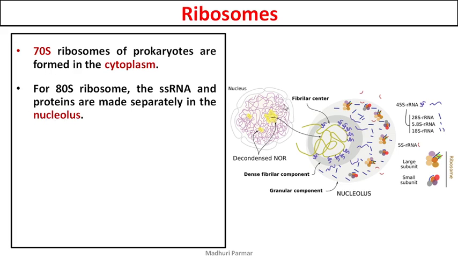There is a place in the nucleus which looks very dense. It looks very much colored. So these portions are called the nucleolus. When you take a closer look at the nucleolus, it looks something like this. It is divided into three main parts. The central part, where you see the yellow colored band,